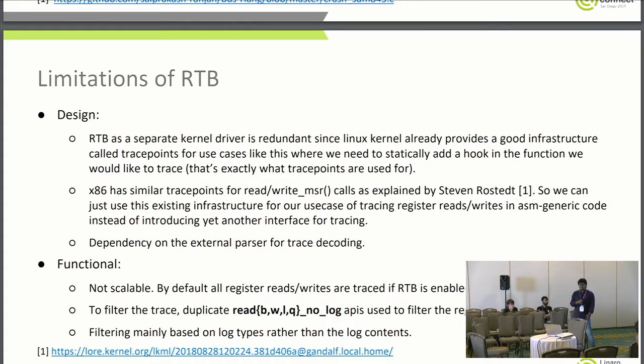So they would rename it as readl_no_log, and the other ones like readb, readw, readl, readq, and rename them. So there are duplicate definitions right there. And when RTB is not enabled, they would use these APIs, and when RTB is enabled, they would use